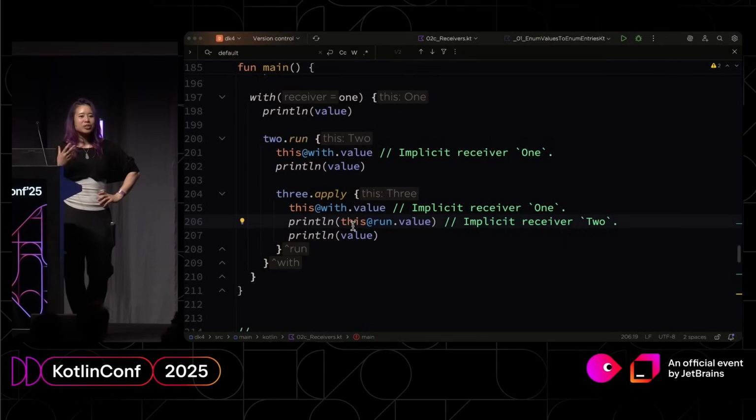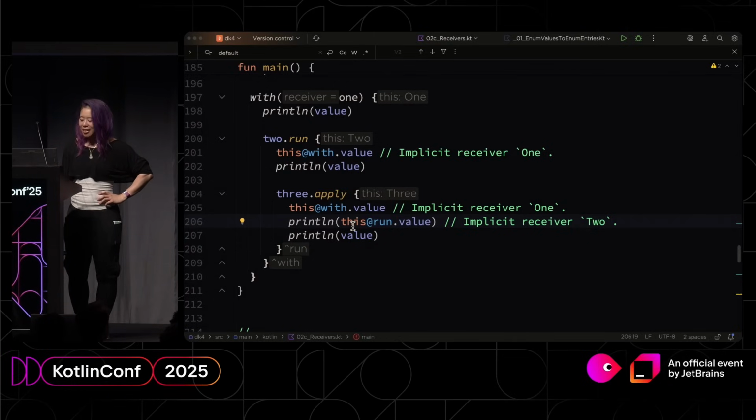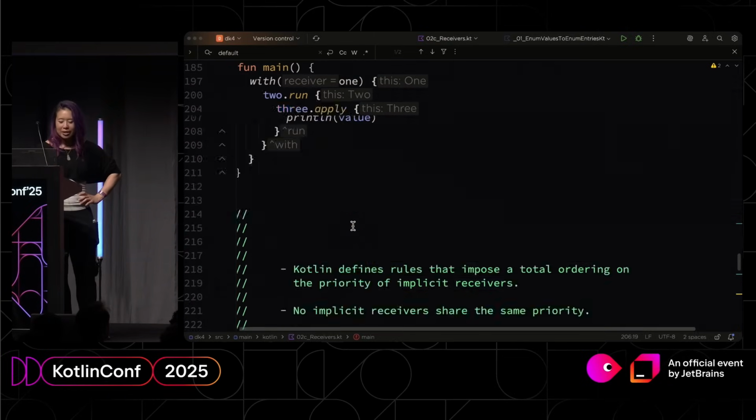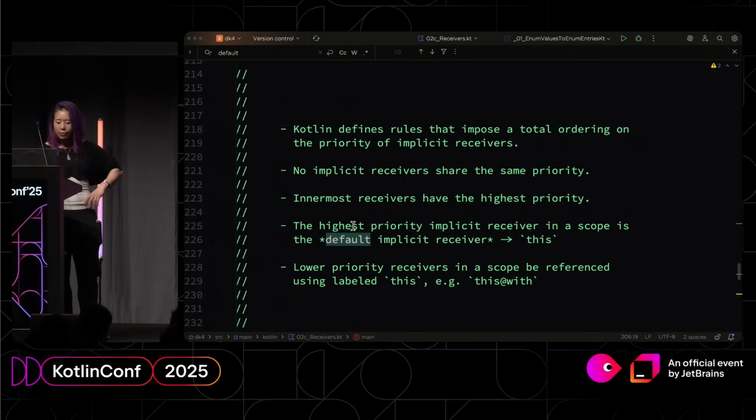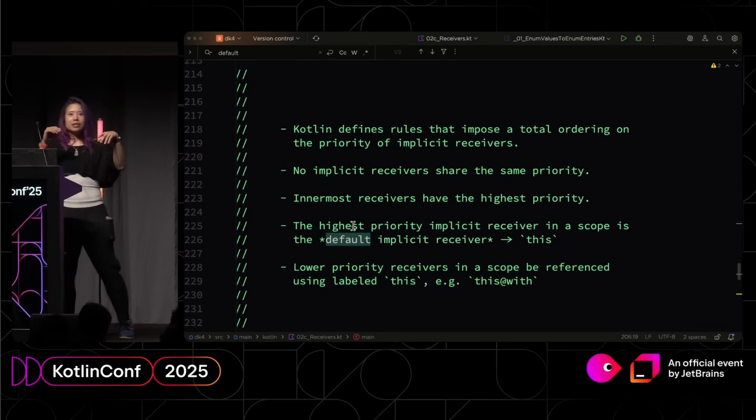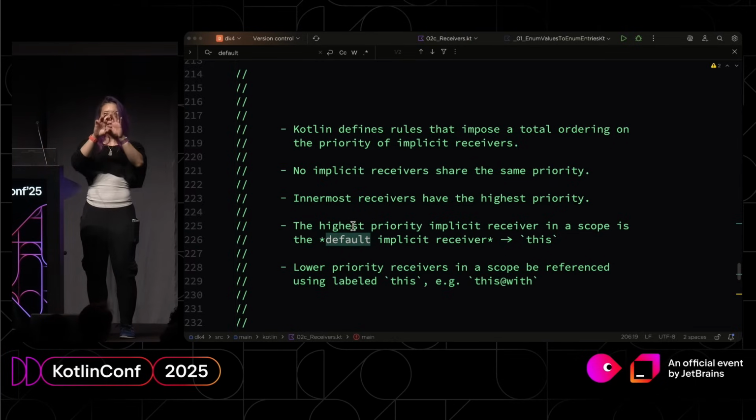And I just think that's a really interesting idea that there can be these hidden parameters, or not so hidden if you turn on the hints, to each of our callables. I think it's just absolutely fascinating. So again, these contexts, right? They create these nested